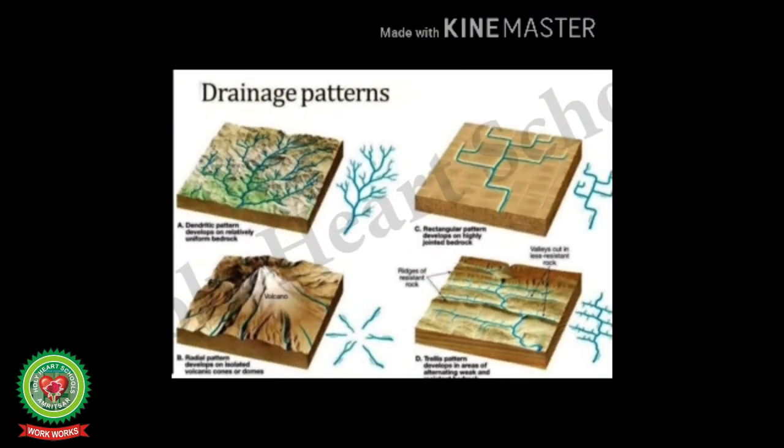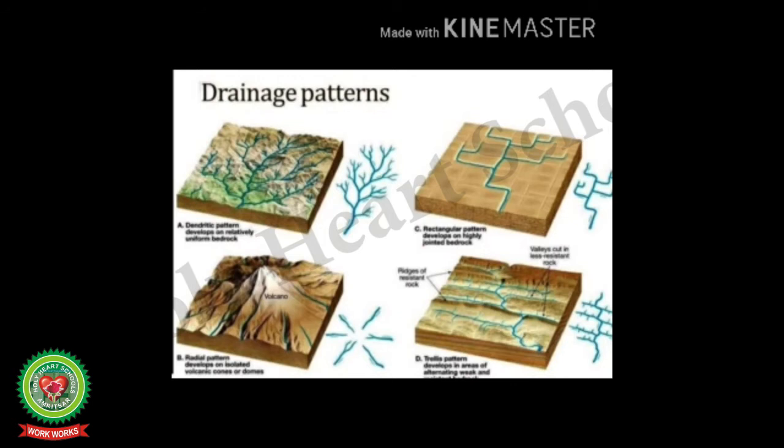Students, the term drainage basin describes an area drained collectively by the network of a river along with its tributaries and subtributaries of various dimensions. An area drained by a single river is called a catchment area. The drainage system, as seen in the topographical sheets, usually develops a pattern which is related to the general structure of its basin. Three distinct patterns can be recognized. Number one is dendritic, second is trellis, and third is radial.